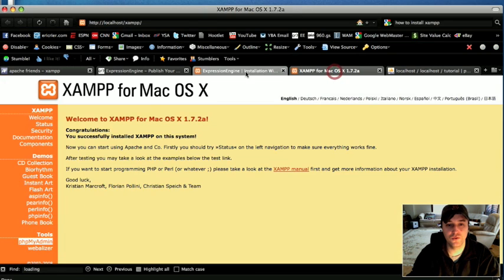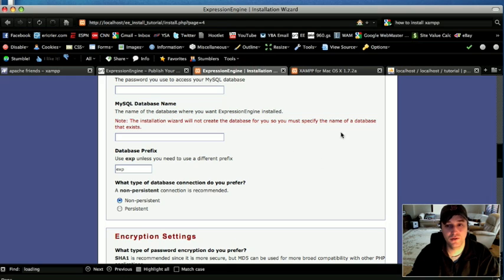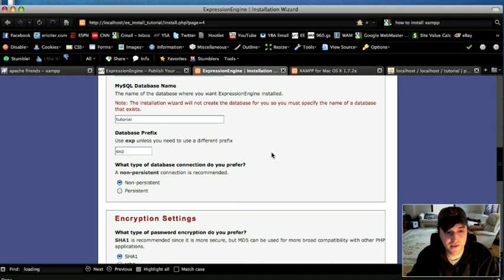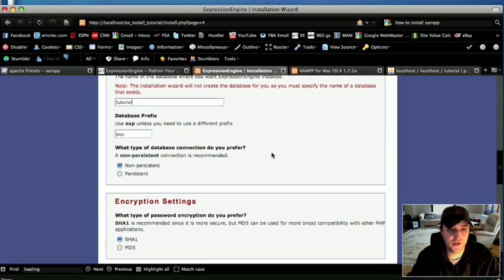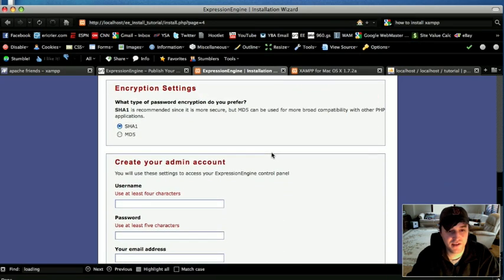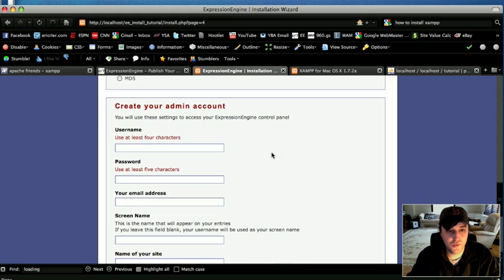So we go back to our Expression Engine control panel where we're entering all this new information, and we're going to call it the MySQL database name. We're going to call it tutorial, the one that we just set up. So now that that's all set, let's go down here. You can leave the encryption settings the same, and we will go and create the admin account. So I'll call mine Eric. I'll make the password test, and my address is